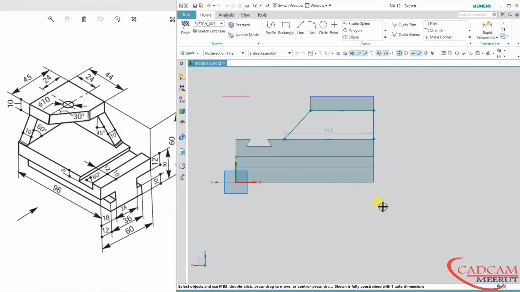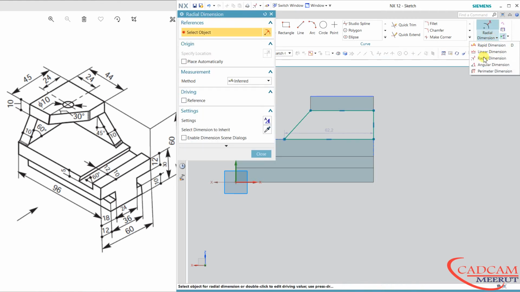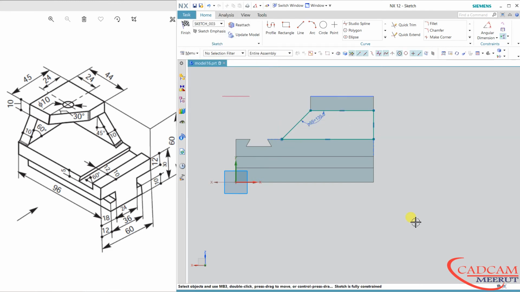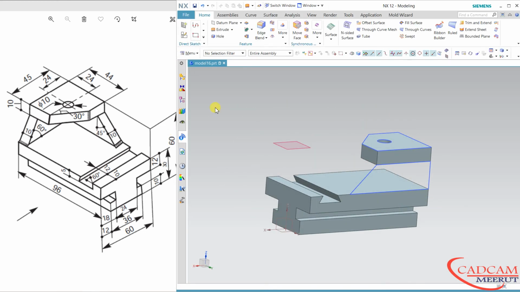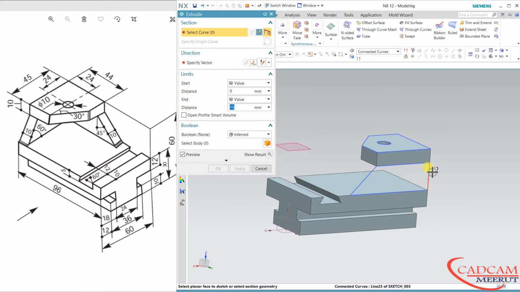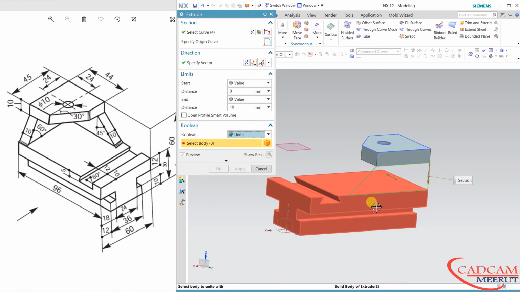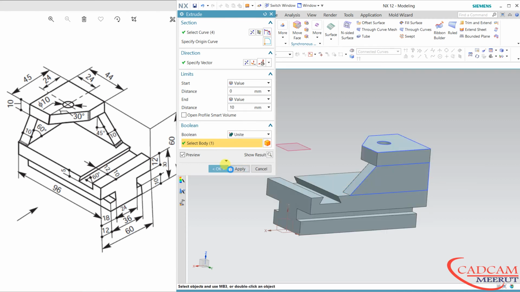Now define this angle, 90 plus 45, 135. Angle is 135. This is the sketch, just finish, and thickness is 10. So extrude this 10 and select unite. Unite with anyone.